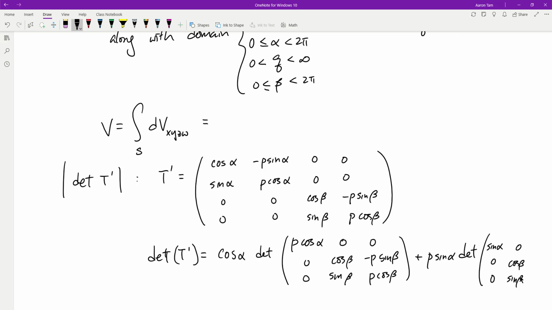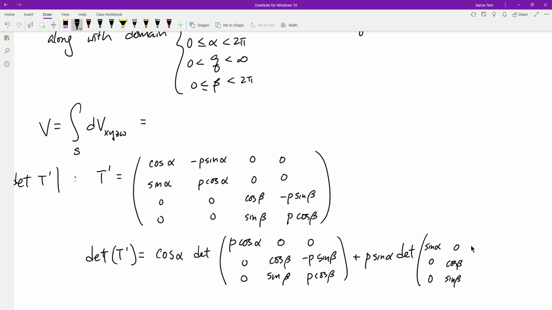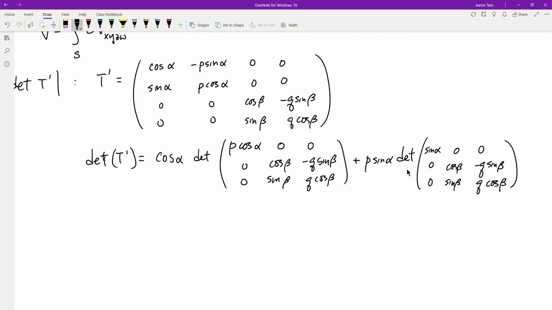I'm going to need a little bit of room. There you go, just a little bit is good. And then 0, negative, oh, these two are Q. Now I'm like, wait, why is it P again? So that fixes these two to Q. My mistake. And then that one is Q, I was already writing the Q. That's how I figured it out. And Q cosine beta. So now these two are both 3x3 determinants. But lucky for us, because of all the zeros involved,